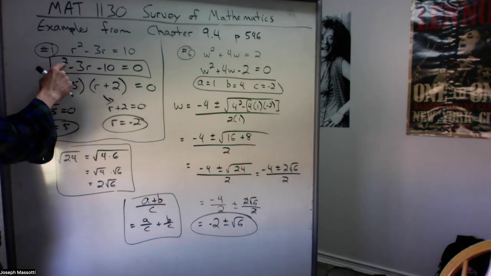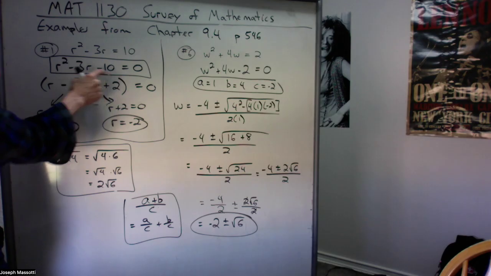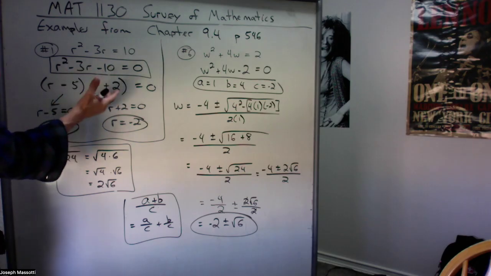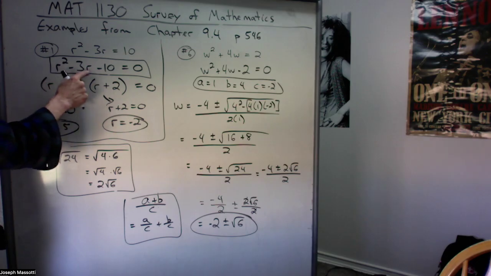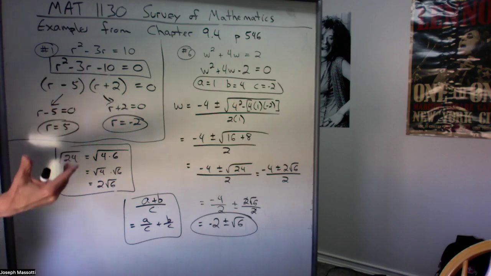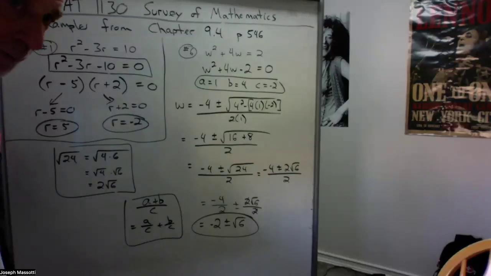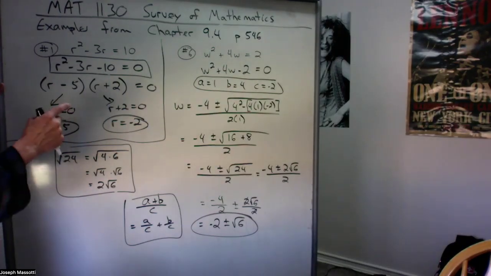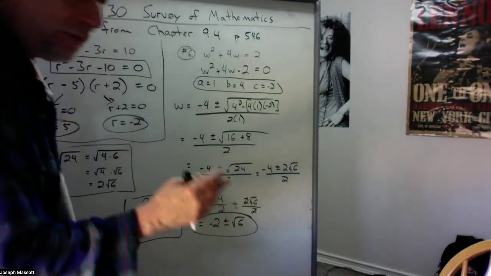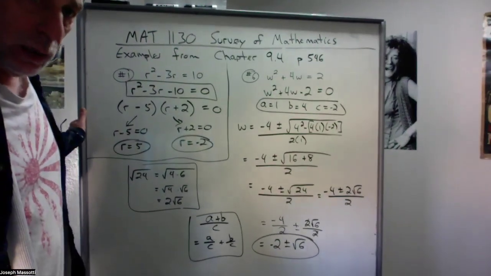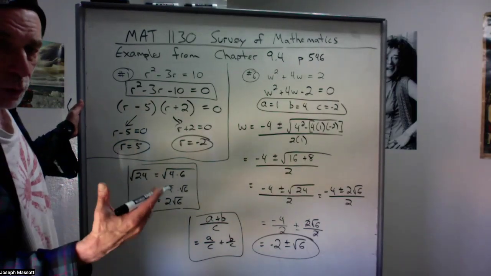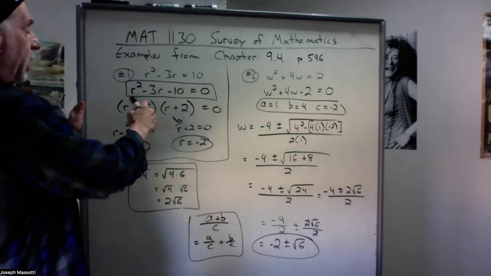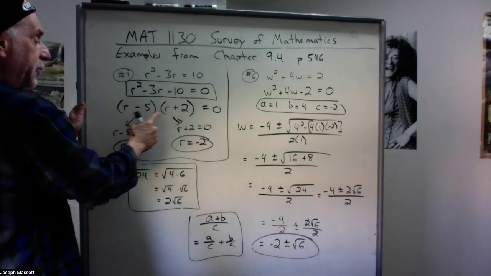My ax squared plus bx plus c. It doesn't matter if it's x's or a's or b's, whatever letter. The a is the number in front of the squared term. The b is the number in front of the term raised to an exponent of 1. And the c is the constant term in the equation. Now, first thing you want to do is ask yourself if you can factor this equation using the trial and error method or the reverse of the FOIL method, right? So if you can factor it into the product of two binomials,